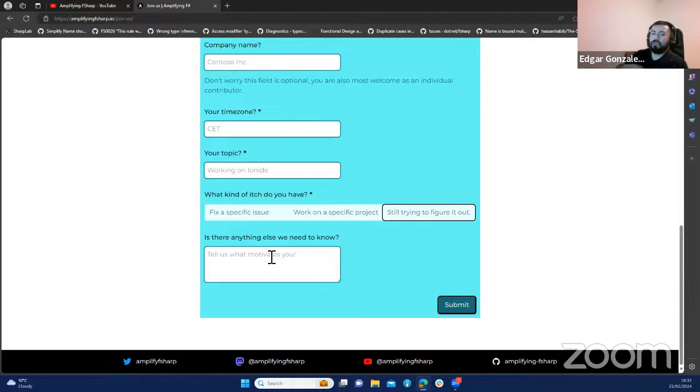It's not that we are going to do the job for you, but we will guide you through the first hoops, the initial part that might be scary for you, and then you can continue with that issue and really fix it yourself and make a difference in the F# ecosystem. I myself started with the sessions on Amplifying F#. While I was learning the language, I realized that the error message was not up to the quality that I was expecting. So I contributed myself.